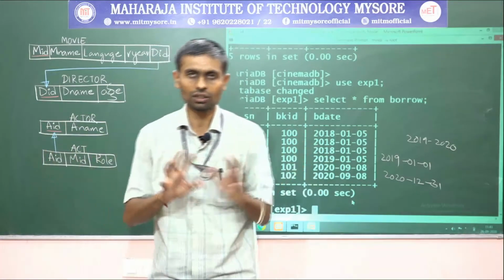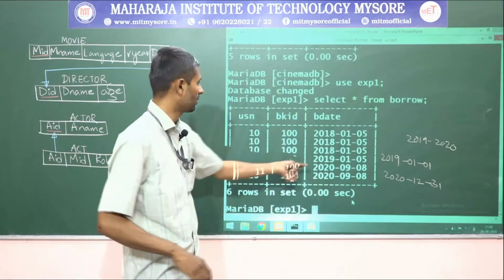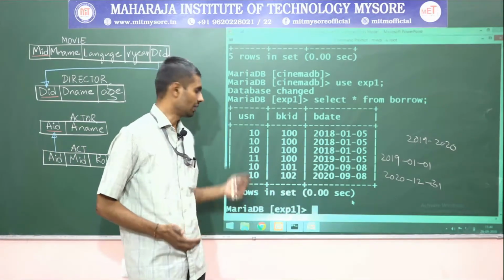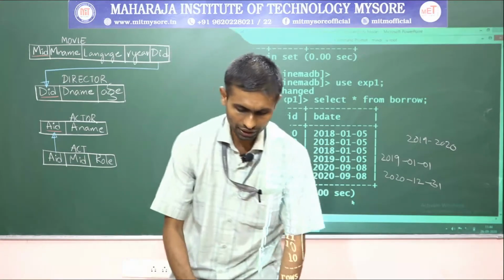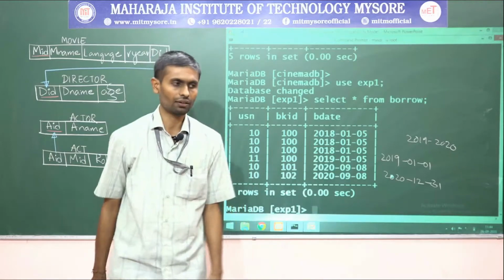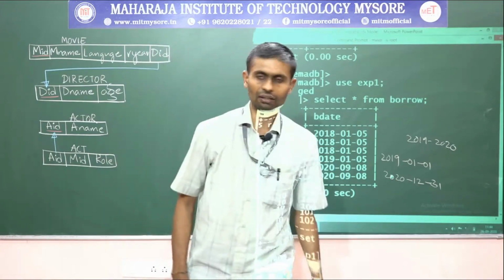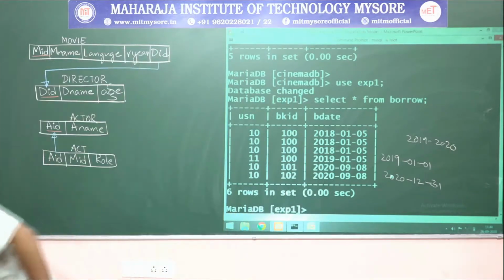Between that, whichever borrow dates are available, retrieve all such tuples, right? That's it, those USNs and book IDs and all. To do that, what kind of query will we usually write? Select star from, right? That kind of a thing we will write. For example, let me write